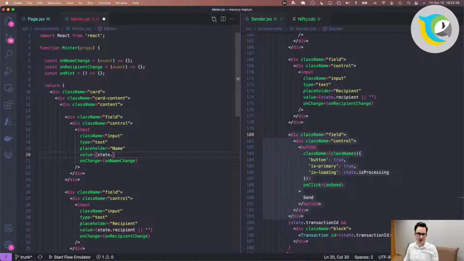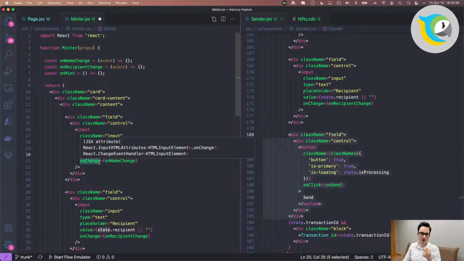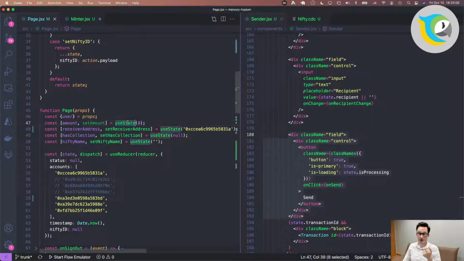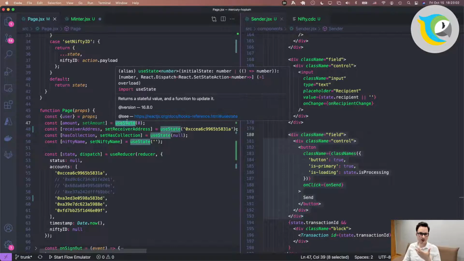So this is going to be state and name. All right, so this state thing, what's that all about? Well, previously we sort of relied on using state, and that's all good. React is really capable.